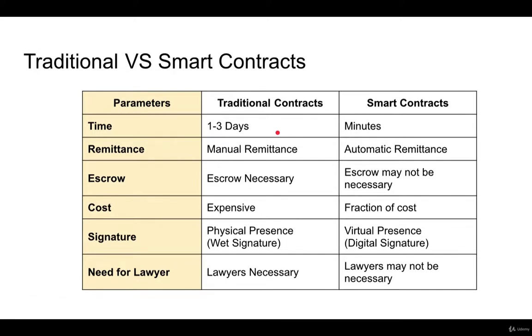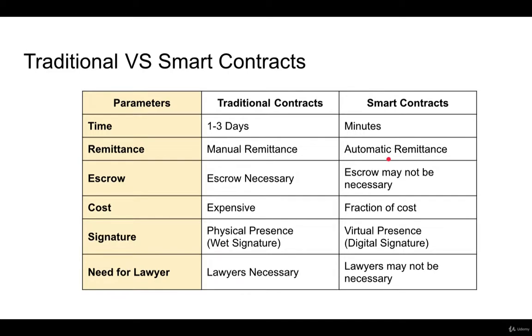prepared. So physical preparation of the contract, ensuring that the legal terms are written correctly, then actually verification by the other party, then again finalizing it, and only then will be signed by both. A smart contract takes some time to program, but it can be executed in minutes. Remittance of payment in case of a traditional contract has to be done manually, while smart contracts, the moment this contract is signed, a trigger can be sent to the banking authorities to release the payment, so automatic remittance can